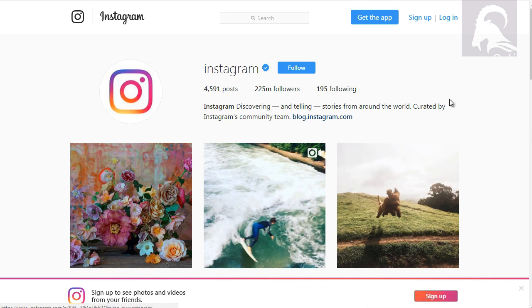Now you can see, like I said, with Instagram, their profile, you can see that they're directing you to their blog. They're still trying to gain your trust, right? So they've not directed you to a certain product, but of course that's Instagram. They could direct you to Instagram.com, but for whatever reason, they chose to direct you to a blog.